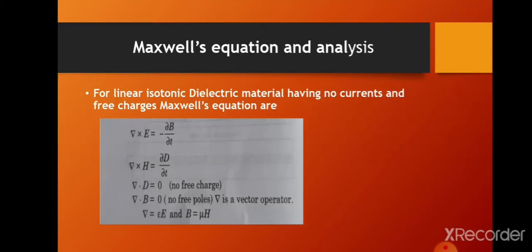First is Maxwell's equation and analysis, and I prepared this for an 8 mark question. So to explain mode theory, first of all we can start here. Maxwell's equations play an important role in analyzing optical waveguides, which gives the relationship between electric and magnetic field. I think you might have studied Maxwell's equation in microwave devices, okay? And you know that in an optical waveguide, for representing the propagation of the wave, it is better to use Maxwell's equation, and this gives the relationship between electric field and magnetic field.